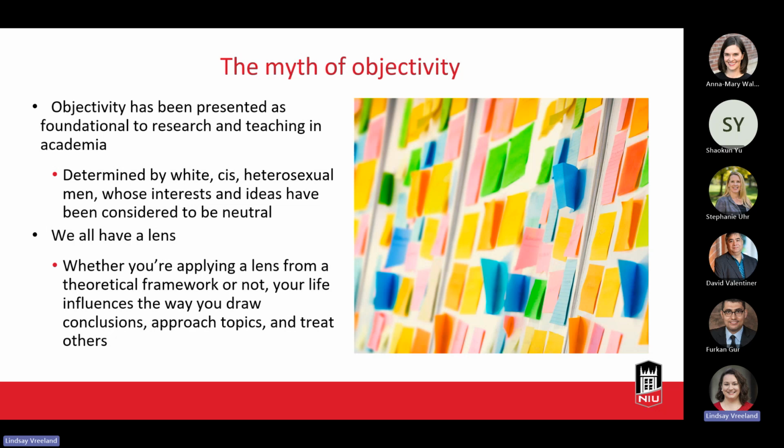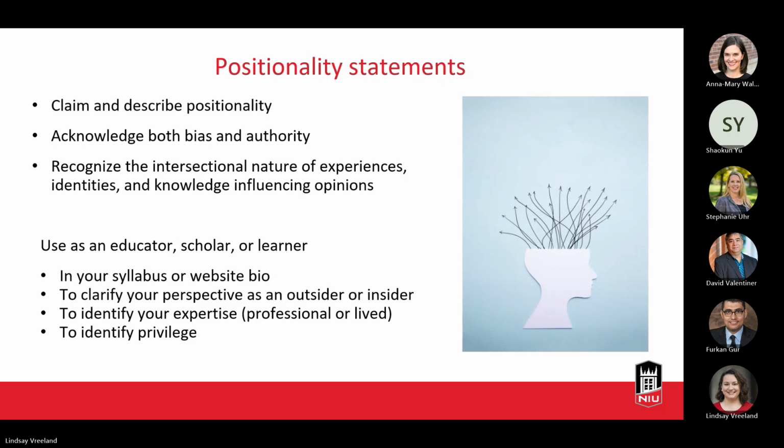And so, again, it could be a form of bias, but it could also be this moment of having authority in different spaces and having insight that other people don't. And it's just important for us to be aware of that and for students to be aware of these lenses that they're carrying also. So we use positionality statements in particular to claim and describe our positionality. We're acknowledging our bias and our authority, and bias in this situation is not necessarily a bad thing. I know that there's a negative connotation with bias,